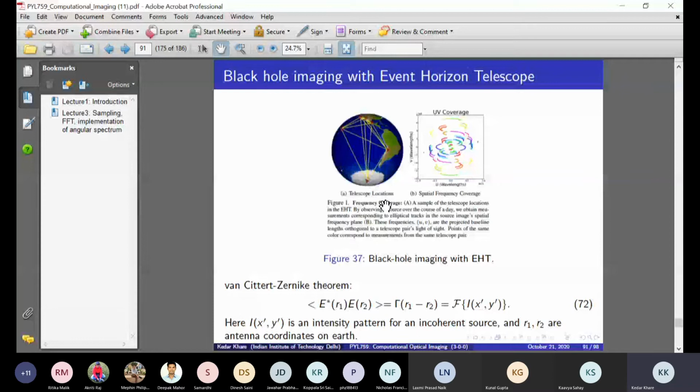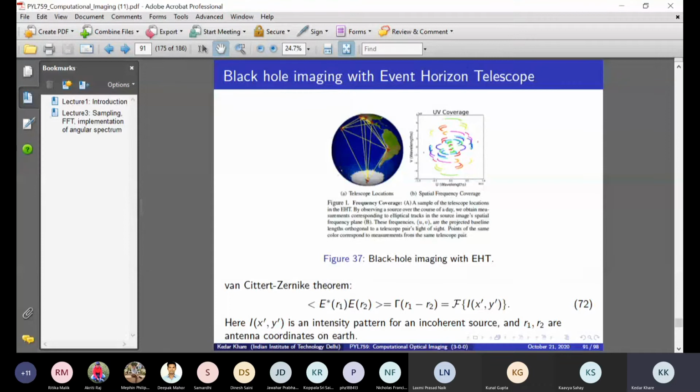And so now you have multiple antennas, so you can have multiple pairs of such signals. And while this signal is being taken, the Earth is also rotating. So you have this information at multiple time points. Okay, and on the right hand side, what I show is actually the Fourier space coverage. It is written in this figure as UV coverage. You see these different arcs, and there are different colors there. The color actually represents one pair of antennas essentially.